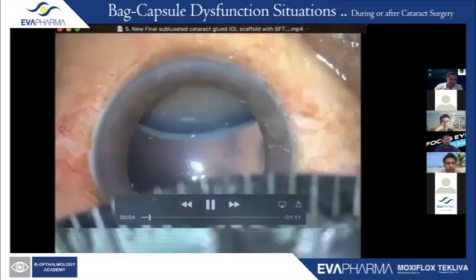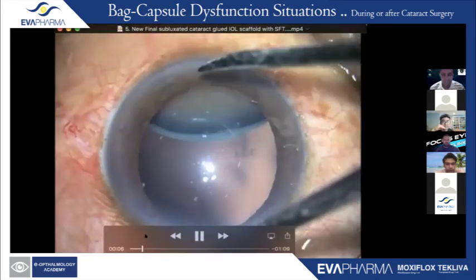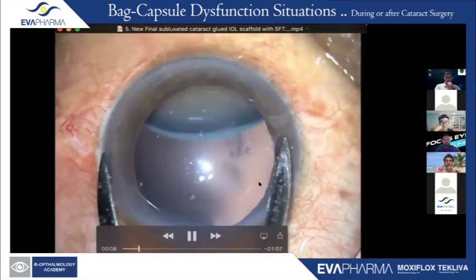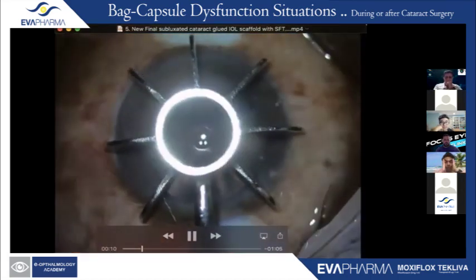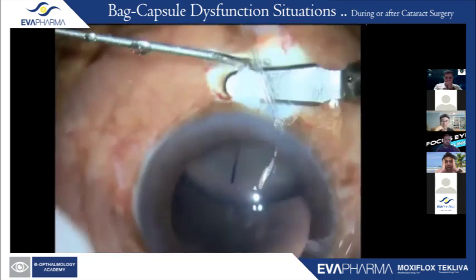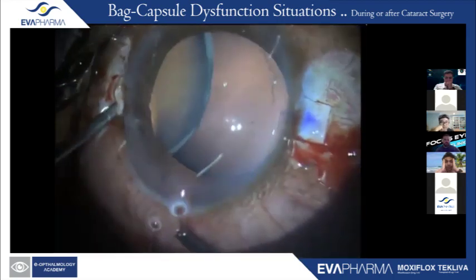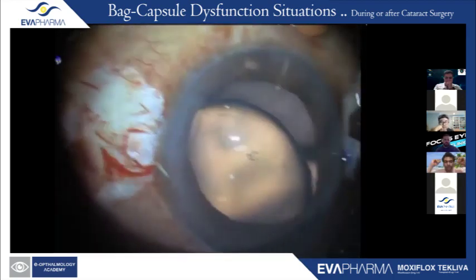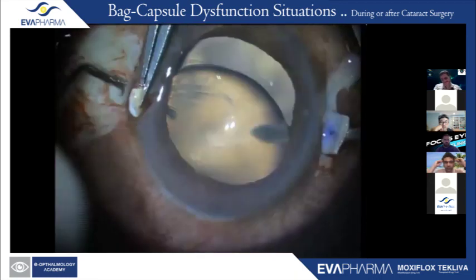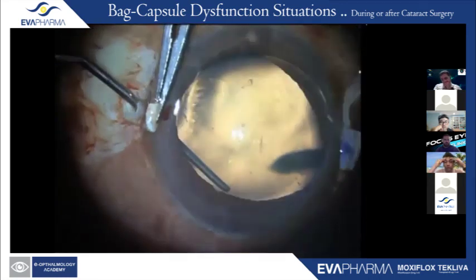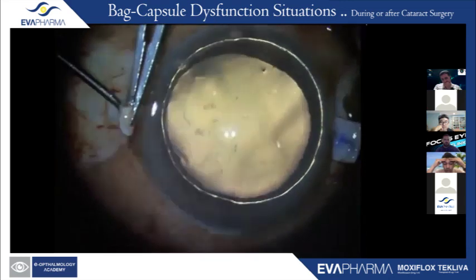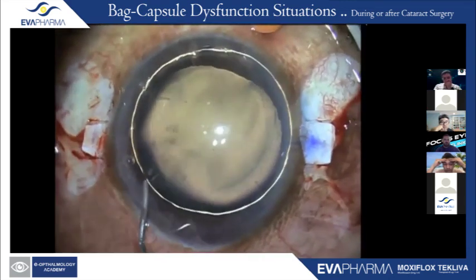Okay. So this is basically a case where we are seeing a glued IOL scaffold. You see this amount of subluxation is a bit much, and I have actually gone to a vertical glued IOL. So basically my flaps are now at 6 and 12 o'clock position. Once I see this, I do a modified PAL technique popularized by David Chang, basically